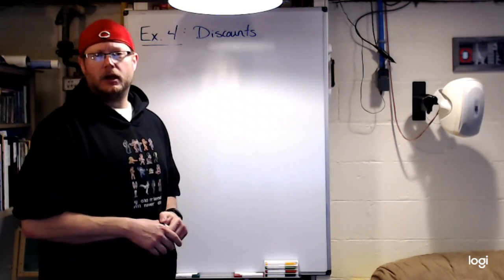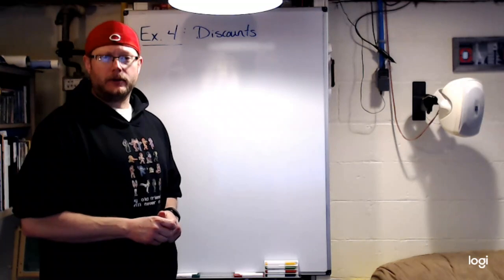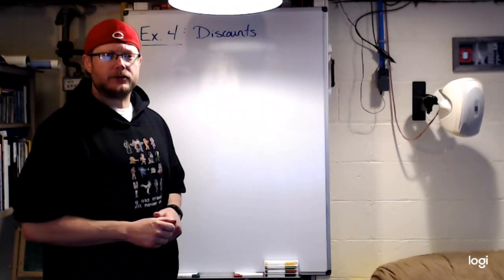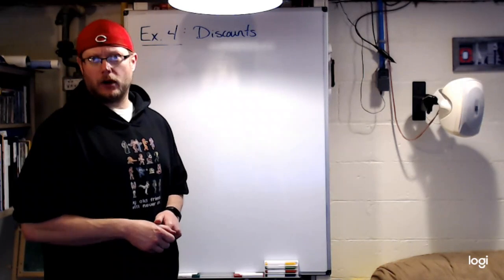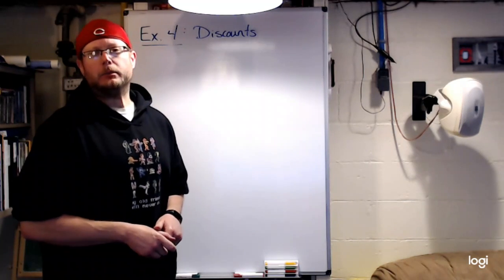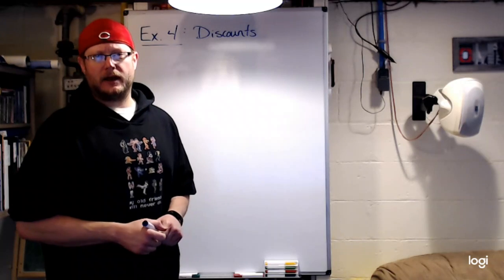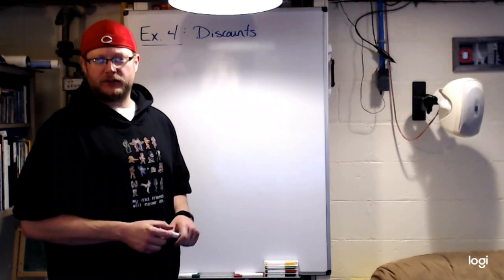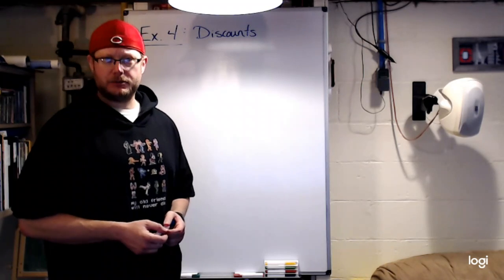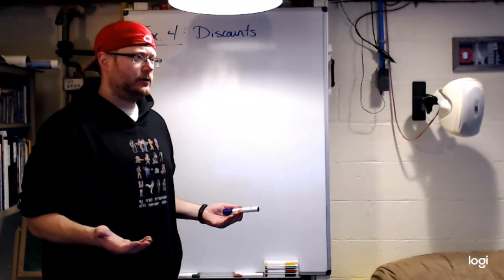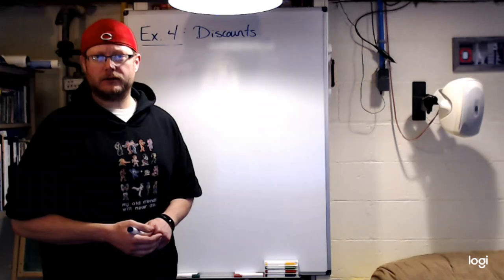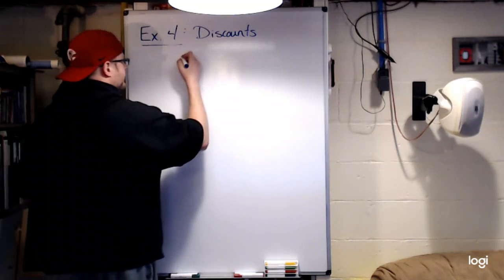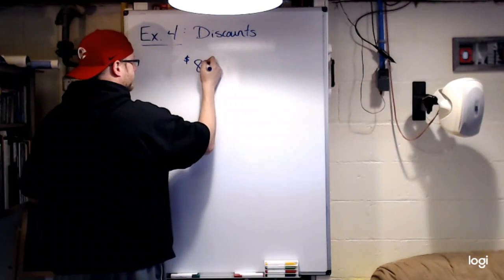It says, since Tyrell has earned good grades in school, he qualifies for the good student discount on his car insurance. His monthly payment without the discount is $85. If the discount is 20%, what will he pay each month? So all we have to do here is just take 20% off of $85. Same idea here. You've got $85,